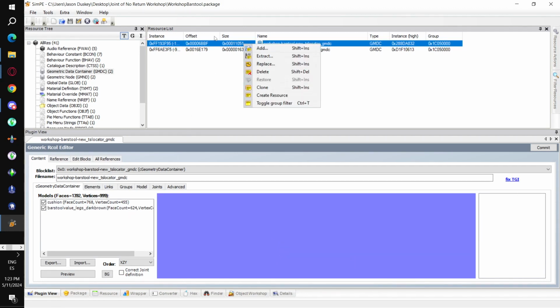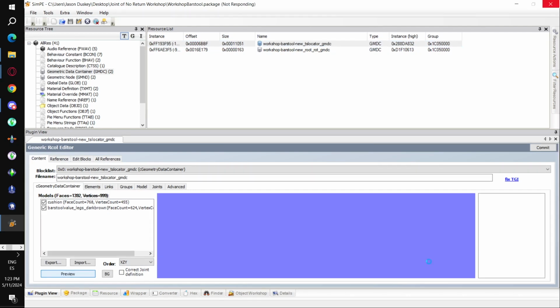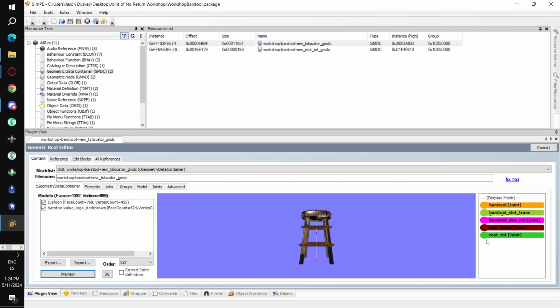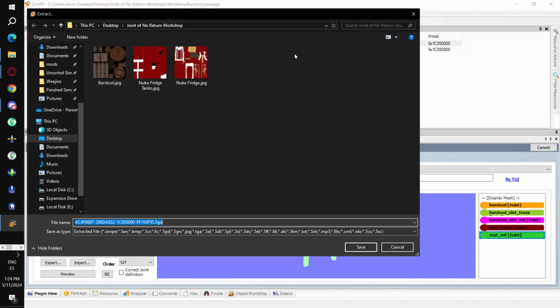So then, we've done the basics. We've done the TXTR, we've done the OBJD, we've done the CTSS. And if you click on preview, you're going to see a joint hierarchy. And then if you click on root rod in the joint hierarchy, you can see that, okay, this is what the bar stool needs to be assigned to. So we go extract,